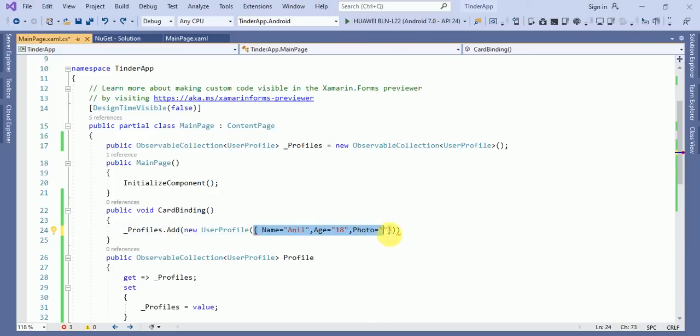We took it at a wrong place. Okay, so this will be our first row.